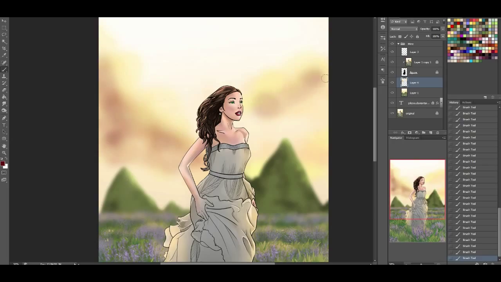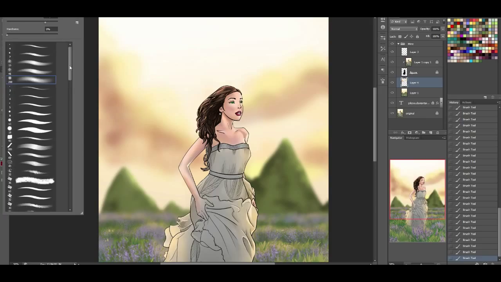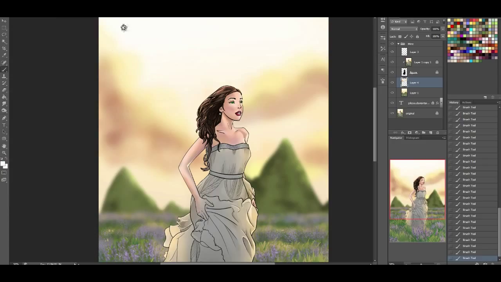So I'm just gonna fluff in some darkness. Then I'm going to take, not quite a solid brush, I don't know if you can see this, but sort of like a little stippled brush, and I'm actually going to go in and sort of like define